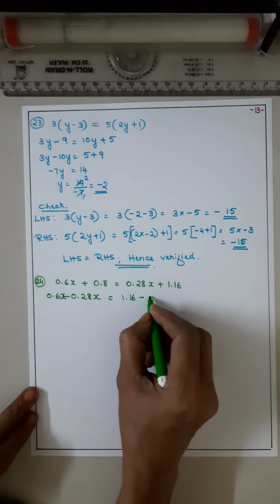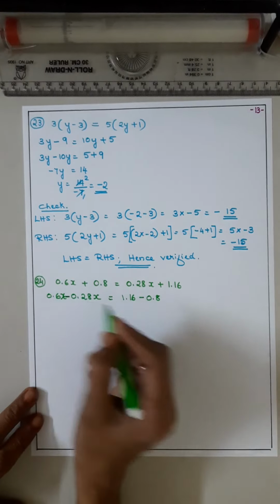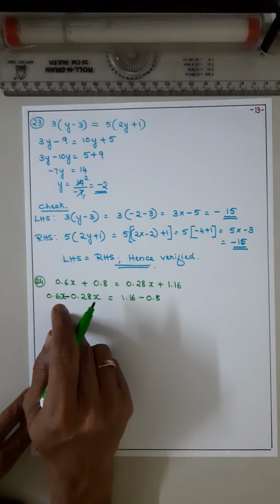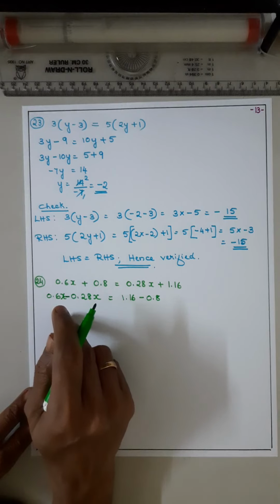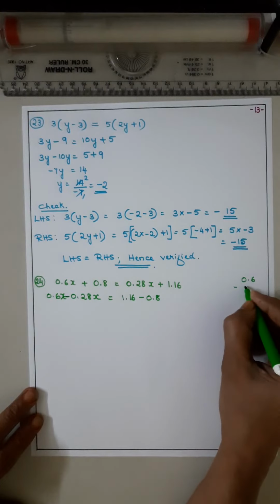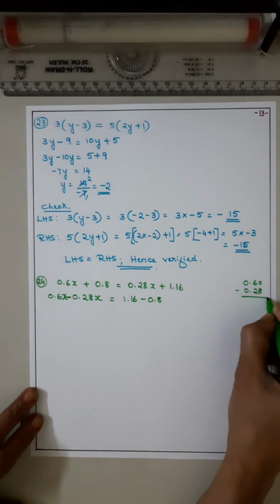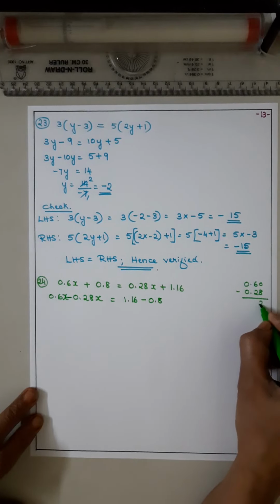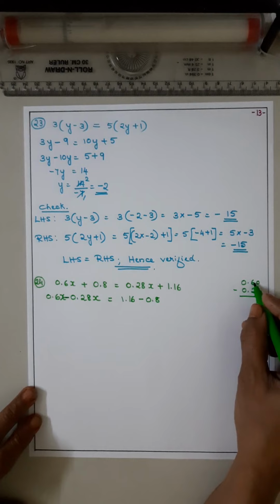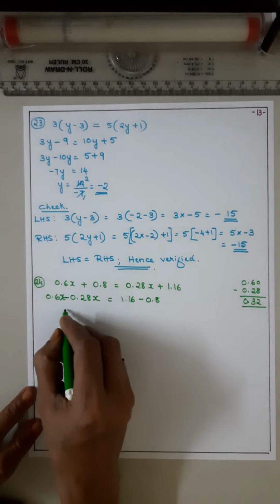Take it to the other side, it becomes minus 0.8. Okay, now it is a subtract. 0.6 minus 0.28. Take extra 0. 10 minus 8 will be 2. Here it is 5 minus 2, 3. So it became